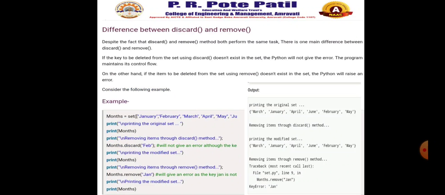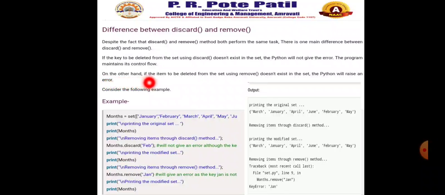Then see the difference between discard and remove, already discussed. Although discard and remove both perform the same task, there is one main difference. If the key to be deleted from the set using discard doesn't exist in the set, Python will not give an error. The program maintains its control flow.